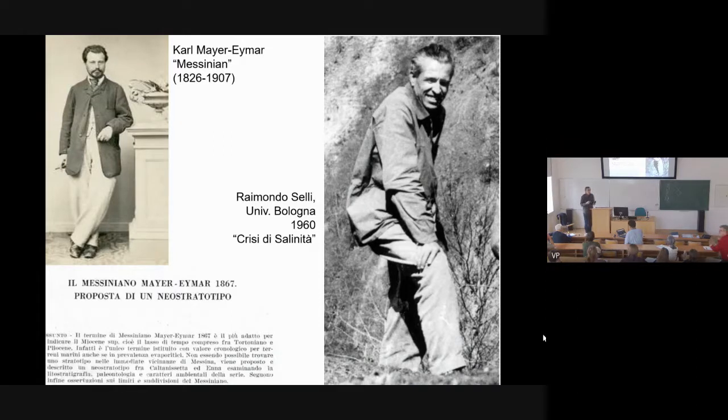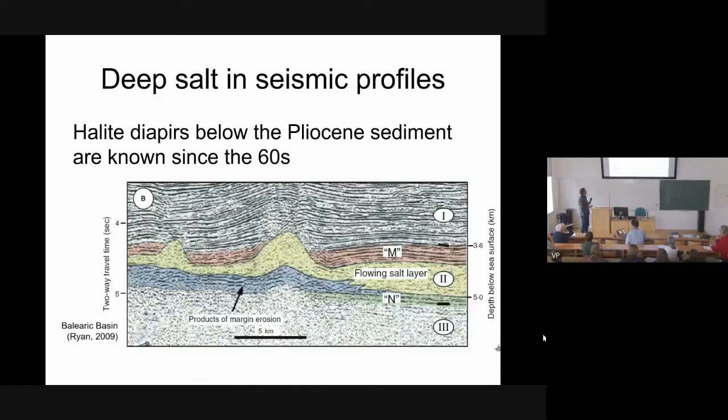Karl Mayer was the one who defined the Messinian stage, based on the recognition that at a similar period of time there were these outcrops all over the Mediterranean showing evaporitic conditions. And Raimundo Sali was the one who defined the Messinian Salinity Crisis concept. And he already knew about this because in his times, there was this proliferation of seismic surveys